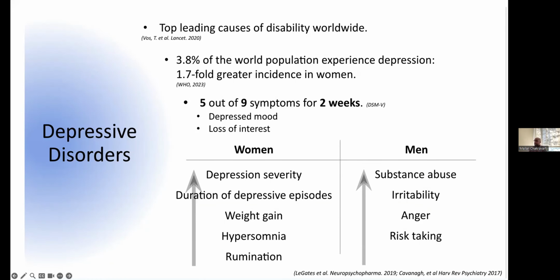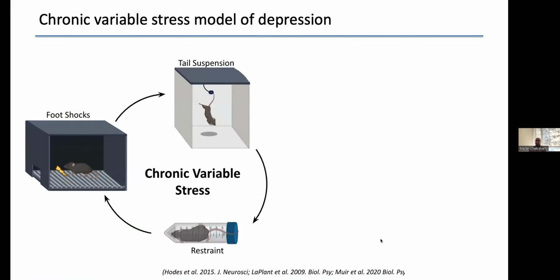And what's also interesting is that the symptom profile in severely affected females is also different than the symptom profile in males. And that, I think, is something that really needs to be investigated at the level of animal models. So if you look at models of stress, one very common one is this model called chronic variable stress. And it's basically exposing the mice to a different environmental, stressful exposure for an hour a day. This includes foot shocks, tail suspension, and restraint, and you cycle through continuously daily until a stressful response is encoded, and then you get a depressive-like phenotype.